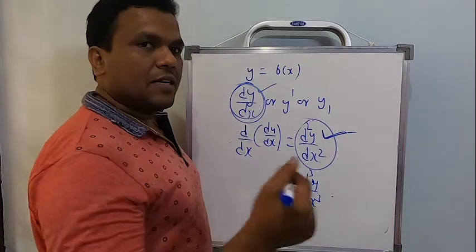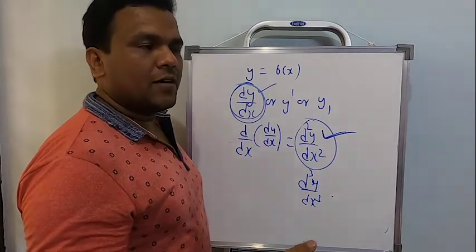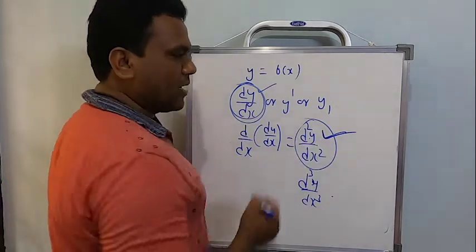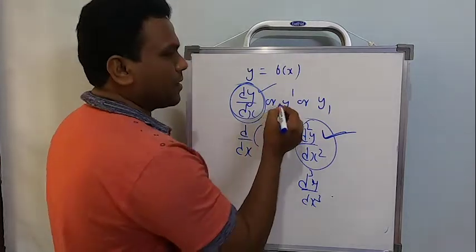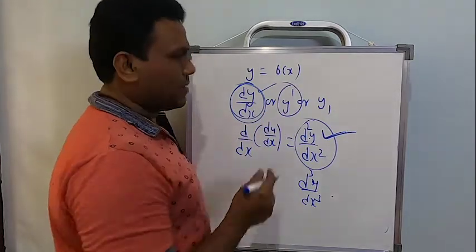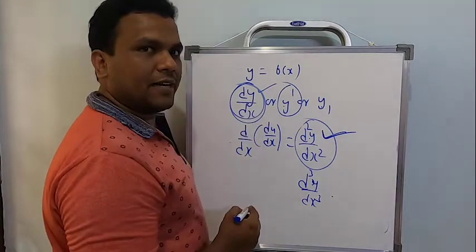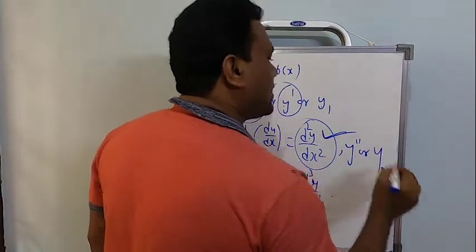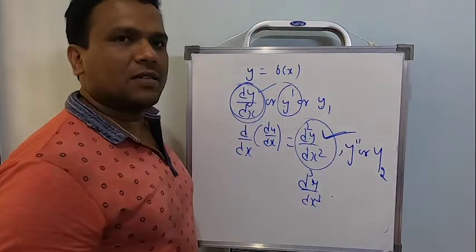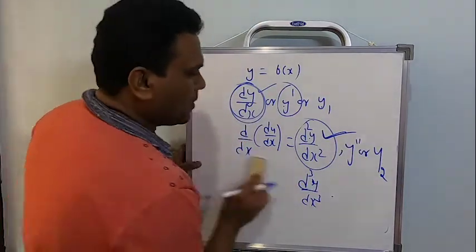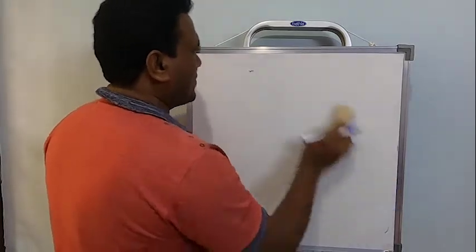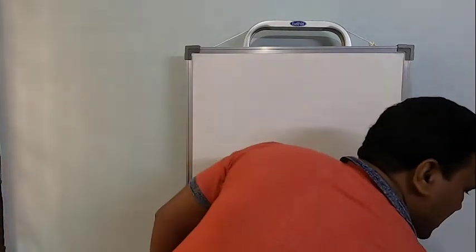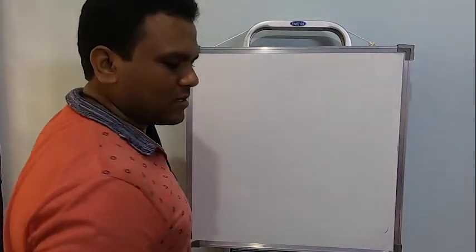So a function is given, differentiate for the first time, first order derivative. Whatever you get as the first order derivative will be differentiated once again, so it will be called the second order derivative. Remember, sometimes when we differentiate for the first time we write y dash and y1 also. When I differentiate for the second time, y double dash, or it will be written as y2. Different symbols, that's all. Now, I know most of the time theory will not go so easily, so with an example it's easy to understand. So directly I will start the NCERT exercise based on this.